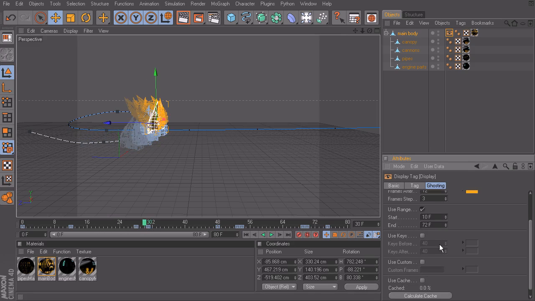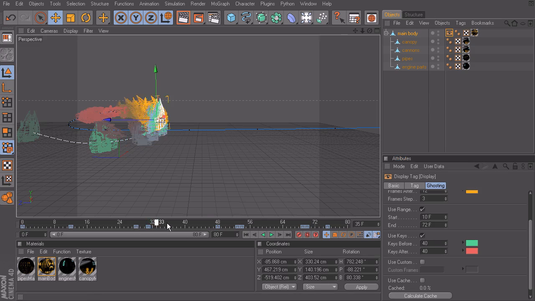We could also view our keys that we've set using the Use Keys option. We have settings to define that. The red ships are basically our frames